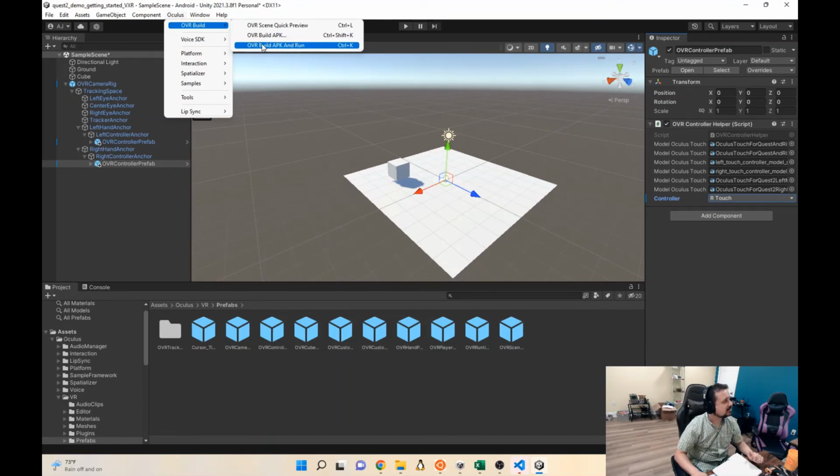And then you've got build, APK, and run. This is the option you're going to be using most of the time. Because what will happen is it will build the executable and automatically load it and start it on the headset, which is what you want to do. So you click here,